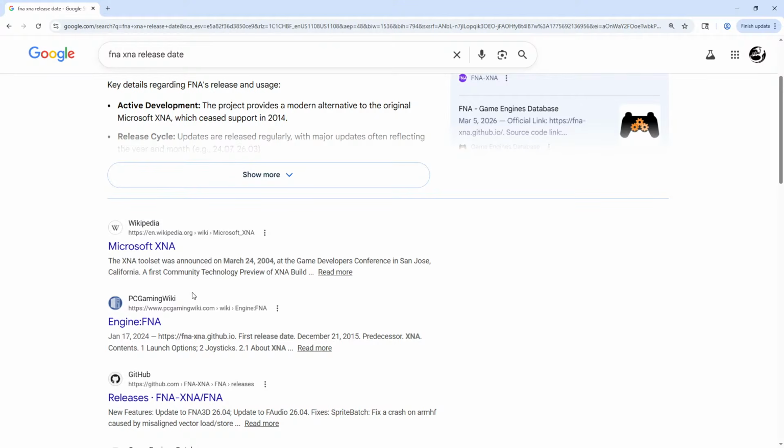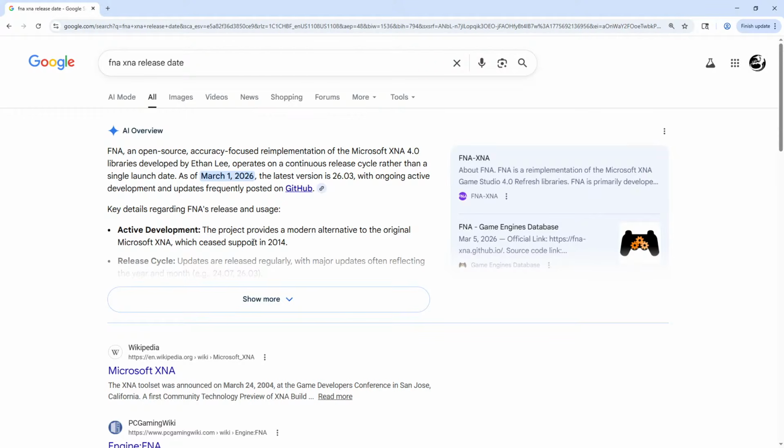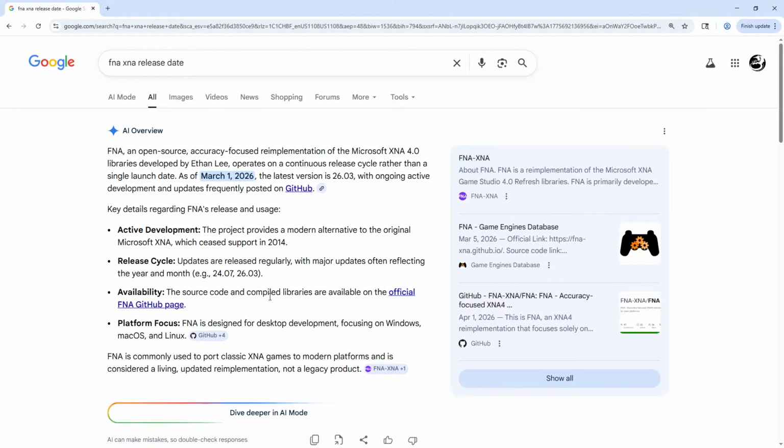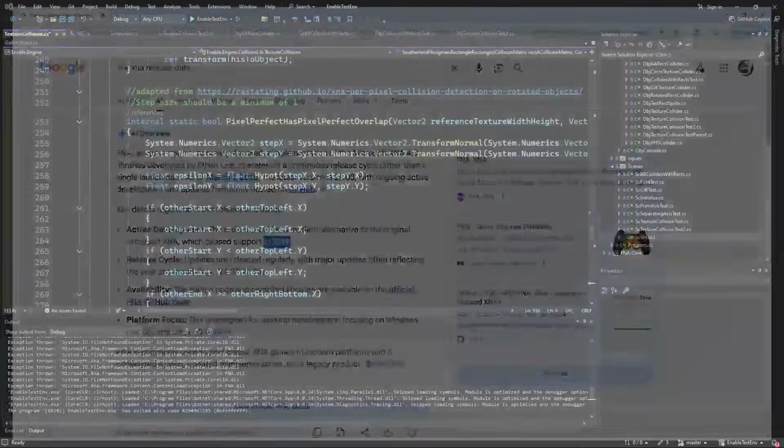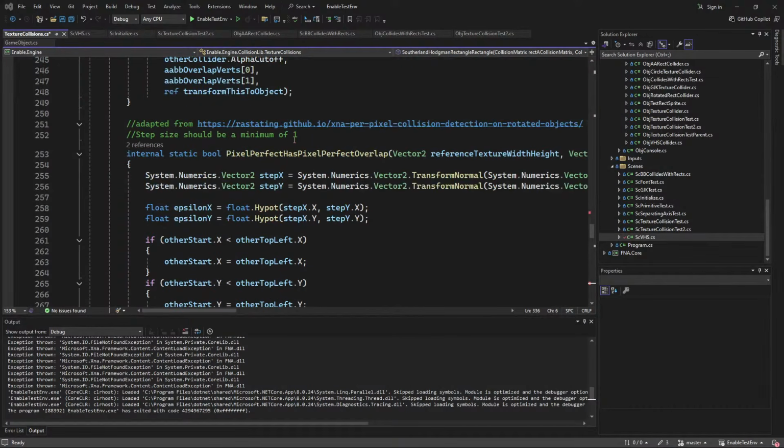Wow, why is this so terribly unhelpful? Wrong. Yeah, like... So XNA apparently lost support in 2014, so it's close to the end of life for XNA when that was published. But anyway, yeah, so